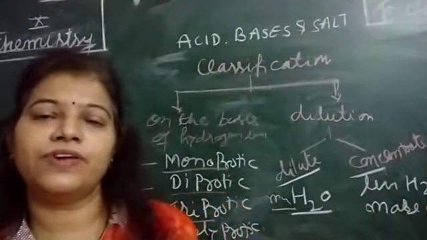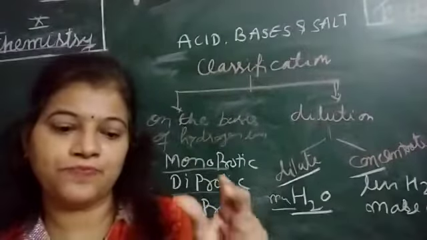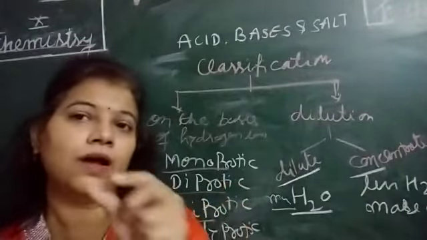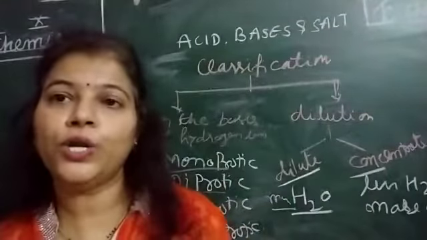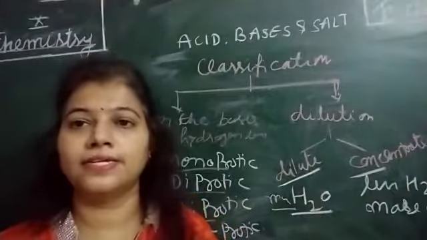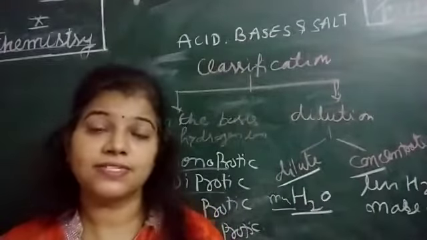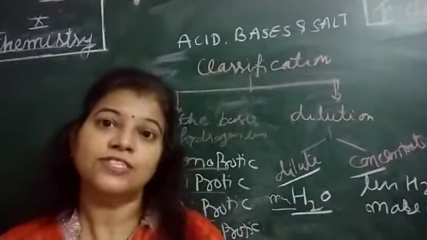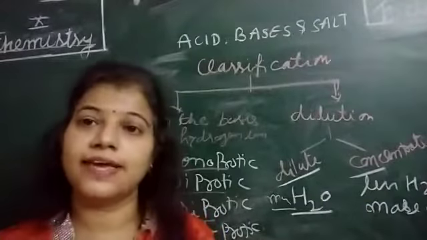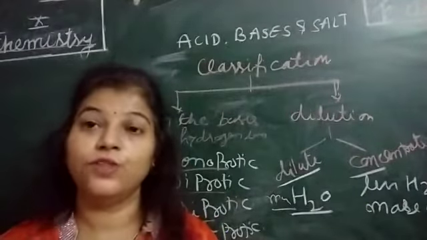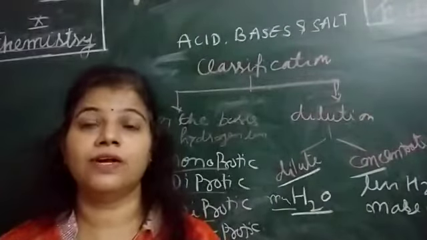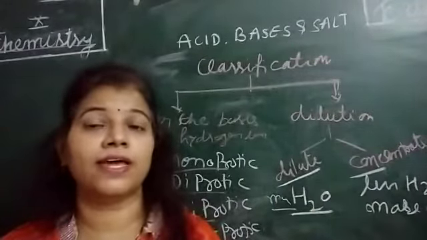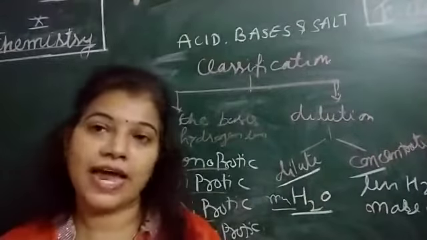That type of acid is said to be concentrated acid. In your laboratory, you generally saw that it is written over there dilute DIL and CONC conc. So the dilute and conc is for that only. Generally we do this in the case of mineral acids. We use them for laboratory purposes, so we dilute the acids because mineral acids are very harmful when they are in the concentrated form. So we dilute that form.